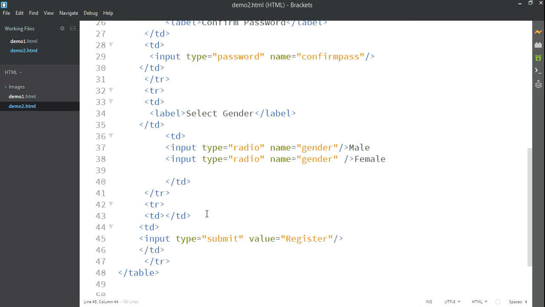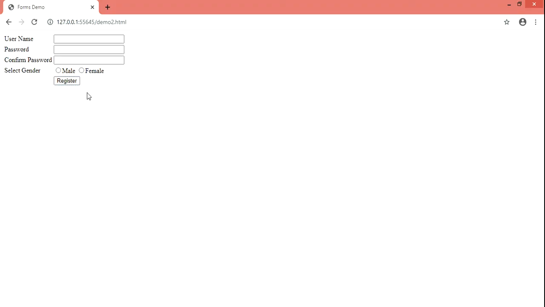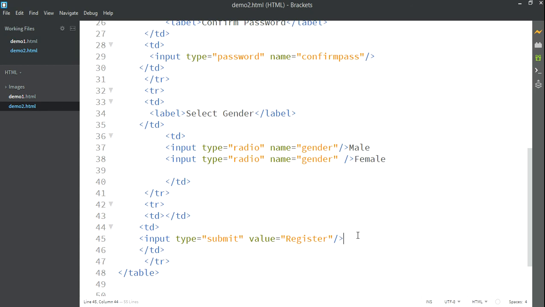Close. Save the changes. Look at the output, we have a register button. Similarly I am going to copy the code and paste it below. I will change the input type to reset and the value to cancel the form.